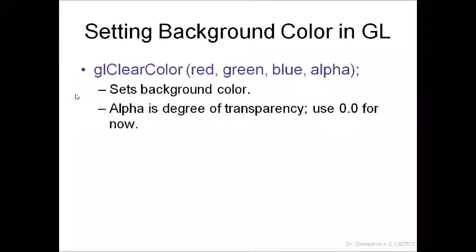To set the background, we use glClearColor, where alpha is the term. Up to now, I have not discussed more on this. Now it is required because you are creating a 3D picture. When you create a 3D picture, you want to make it transparent or bounded, or it should be covered. So based on this parameter, alpha, you are making the color combination available. The variable may take a value from 0 to 1 within this range. Based on the alpha value, the transparency effect of that object will be determined.